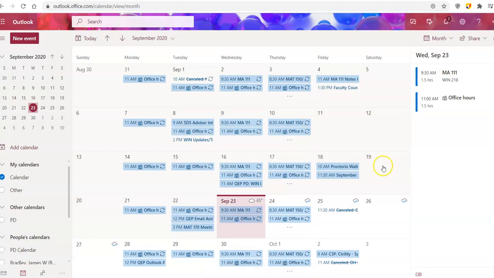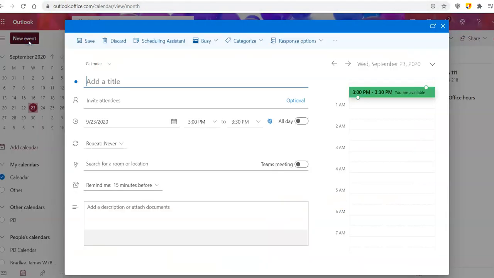Now, the other thing that we want to look at is, how do I put in that I have class every day? So we'll go to new event again, exactly the same thing. And let's just say you have English 101, and maybe you've got English 101 every Tuesday and Thursday at 3:30, okay? So we would just go to the first Thursday, and I can still see my calendar over here. Today's the 23rd, so the 24th. I could also go to a Tuesday. It doesn't really matter, but I'll go to the 24th